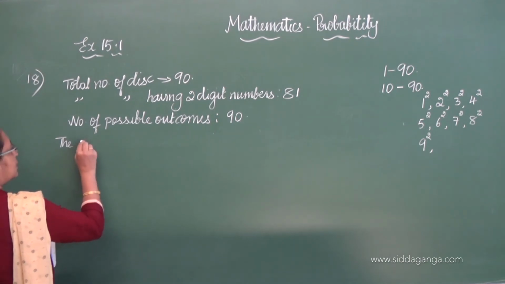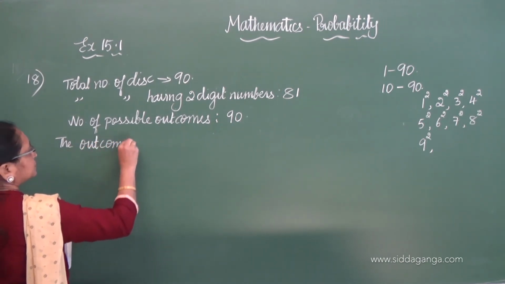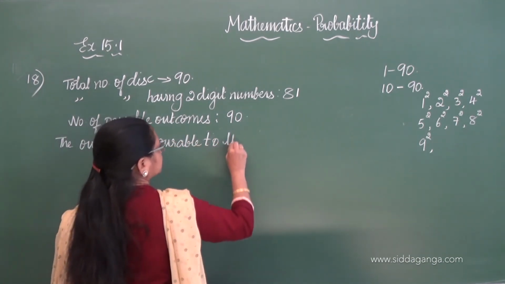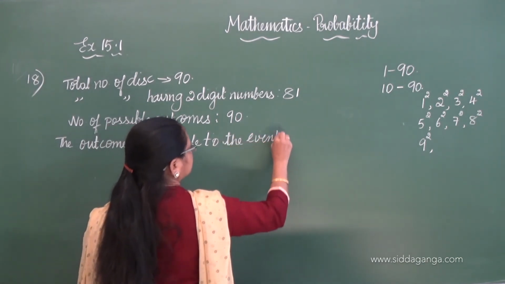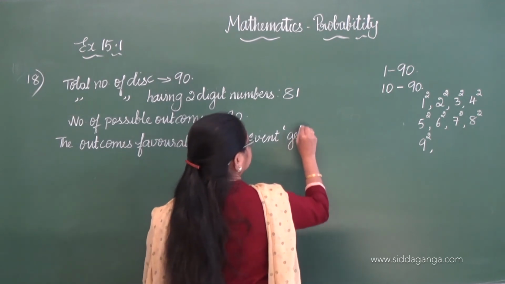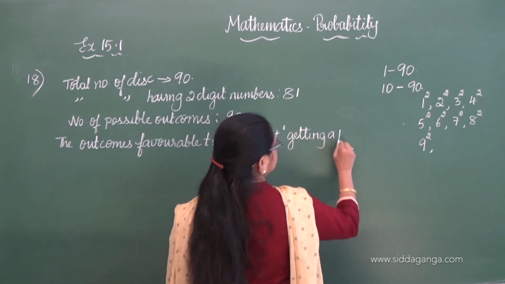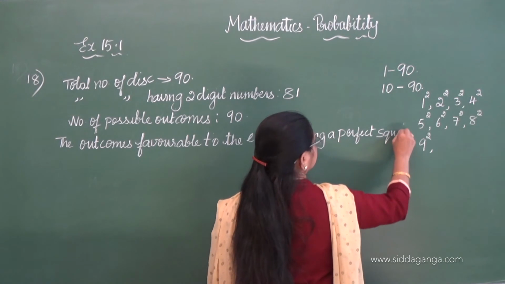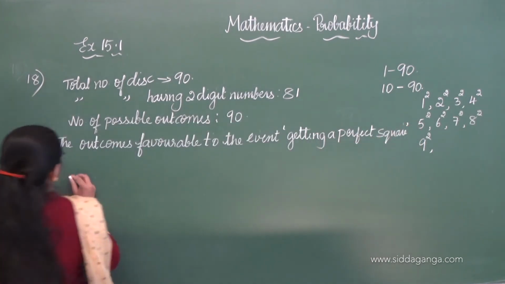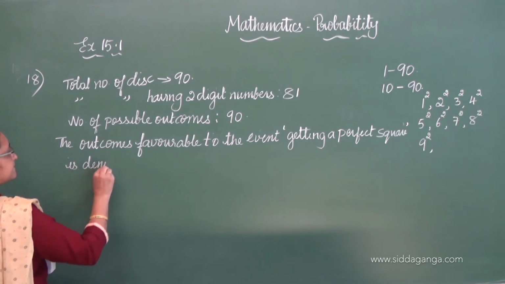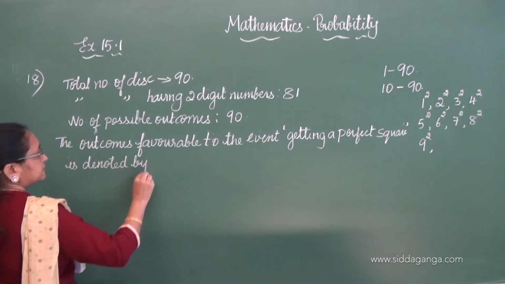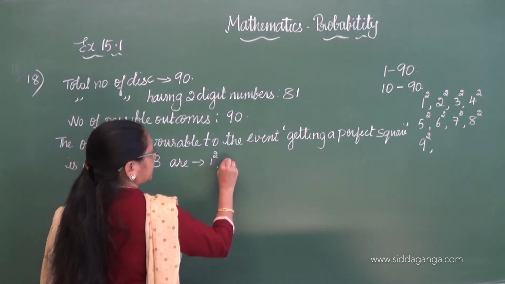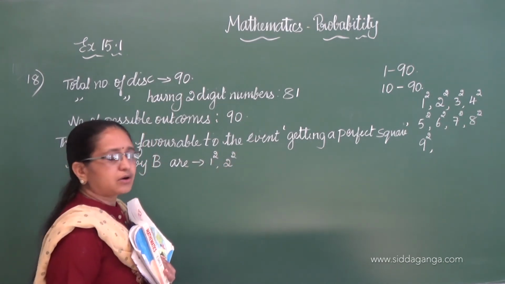Therefore, the outcomes favorable to the event of getting a perfect square, denoted by B, are how many? So, you can write 1 square, 2 square,